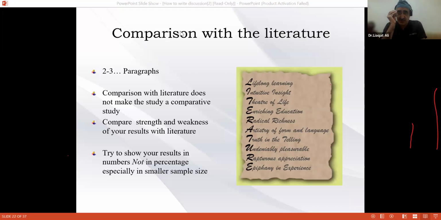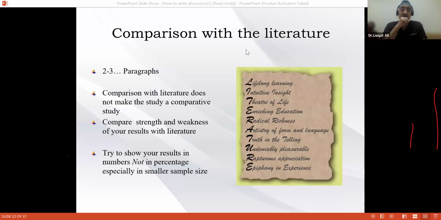एक बहुत नामी ग्रामी प्रोफेसर साहब का एक आर्टिकल मेरे पास आया. And his study was basically a descriptive study. At the end, he said, typical descriptive study थी, but he mentioned it is a comparative study. मैंने रिव्यू में लिखा कि सर आपकी स्टडी तो डिस्क्रिप्टिव स्टडी है, इट इज नॉट अ कंपैरेटिव स्टडी. कहते नहीं, आई हैव कंपेयर्ड माय रिजल्ट्स विद द इंटरनेशनल लिटरेचर. फॉर गॉड सेक, comparison with the literature does not make the study a comparative study.